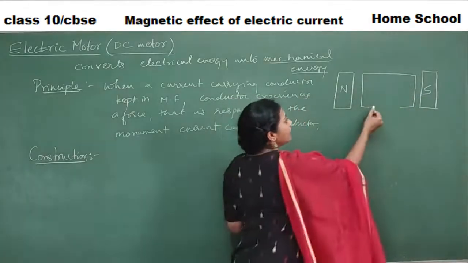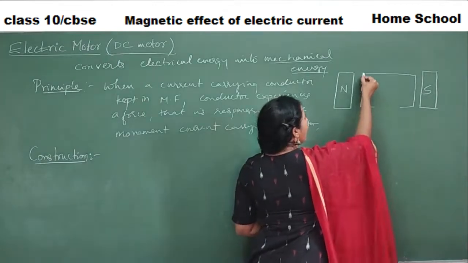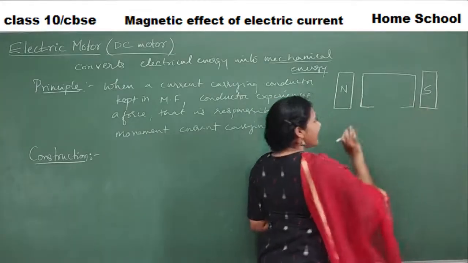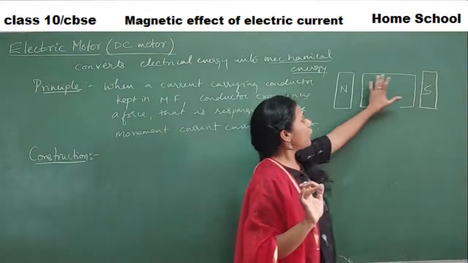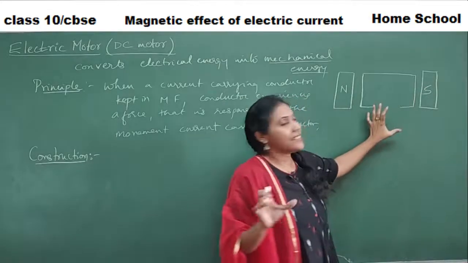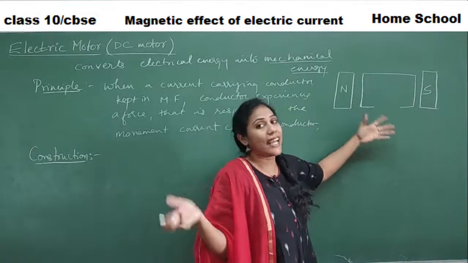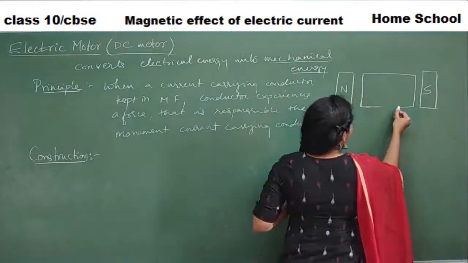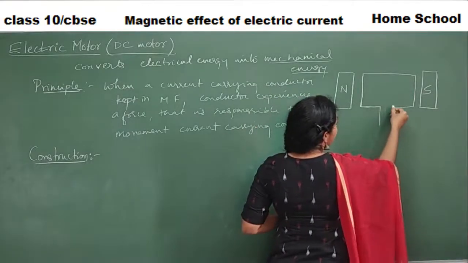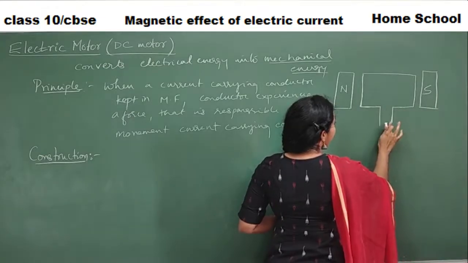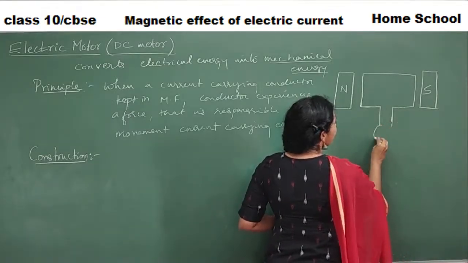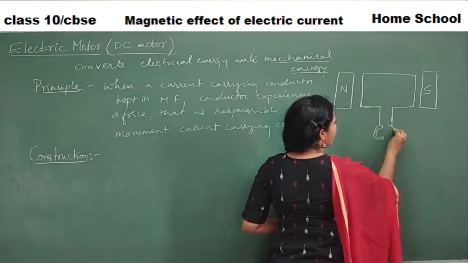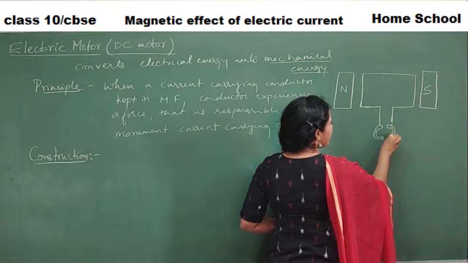See, a rectangular loop. So draw a rectangle in between the two rectangles. These two rectangles indicate the magnets. In the middle you draw one more rectangle, and this is your conductor which can carry current. After that just draw something like this, and here you should show some ring type, half moon type of structures.